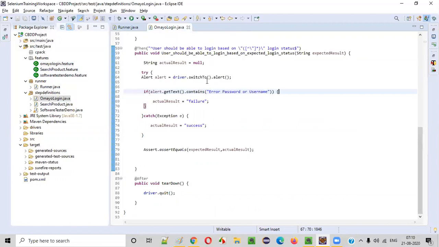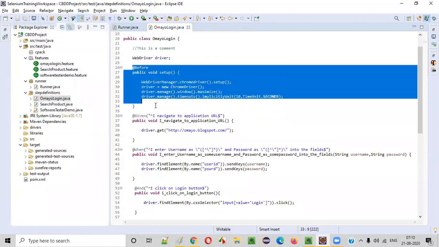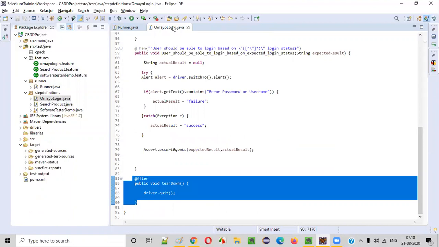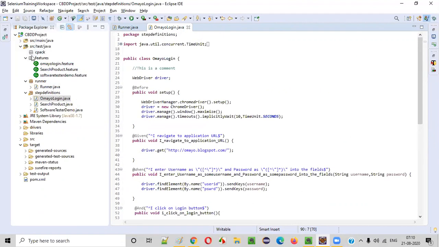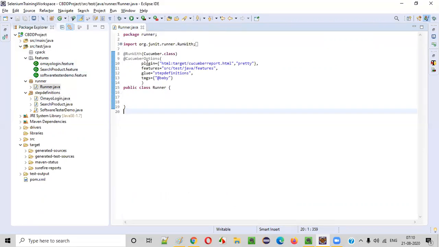You are just thinking that by putting these @Before, @After hooks inside the OrangeHRM login, these methods will only be applied for the OrangeHRM login.feature. You are just thinking, but it is not the case. It will be applied to all the feature files. Just see that in action. After that, I'll explain how things are going.